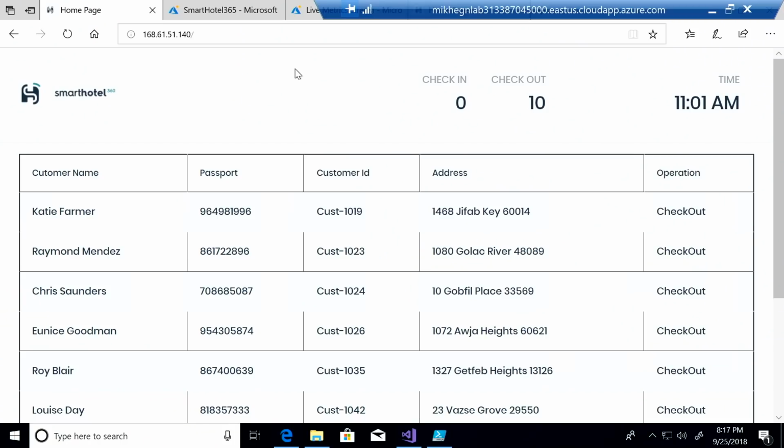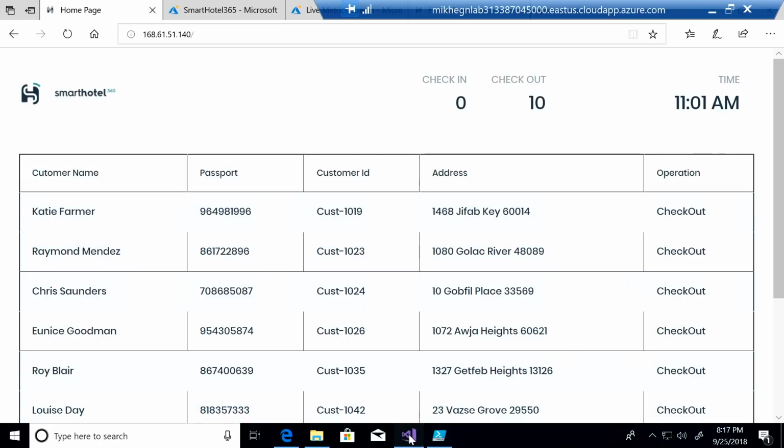Yes, please. So here I have Smart Hotel, which is not to be confused with actual smart hotels that exist. This is a sample one. It's like a Contoso. We'll call it Contoso Smart Hotel. And so here I have an ASP.NET solution and .NET Framework application. So this is all Windows, and it exists today. And normally that would run on something like IaaS, and I would deploy it that way.